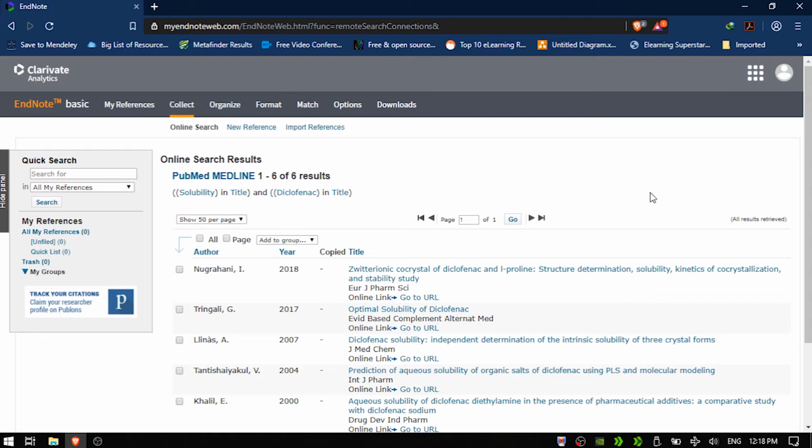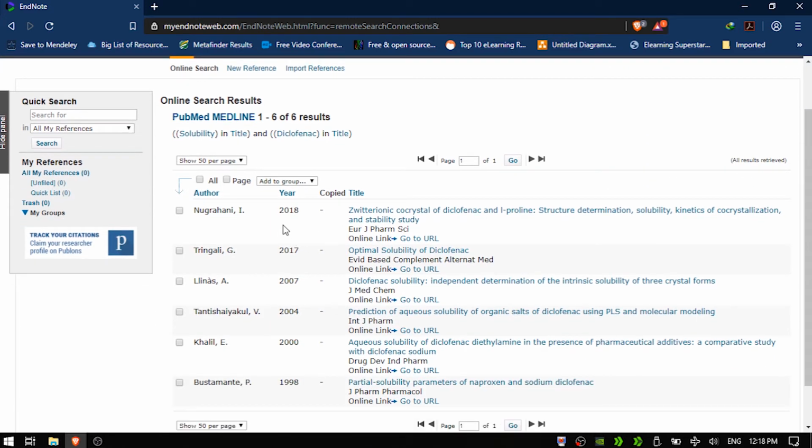We can see that the latest article, from 2018, is on top, and it has both solubility and diclofenac in its title. As we scroll down, we can see both terms in the second one also, and in the third article also, and so on in all 6 articles.